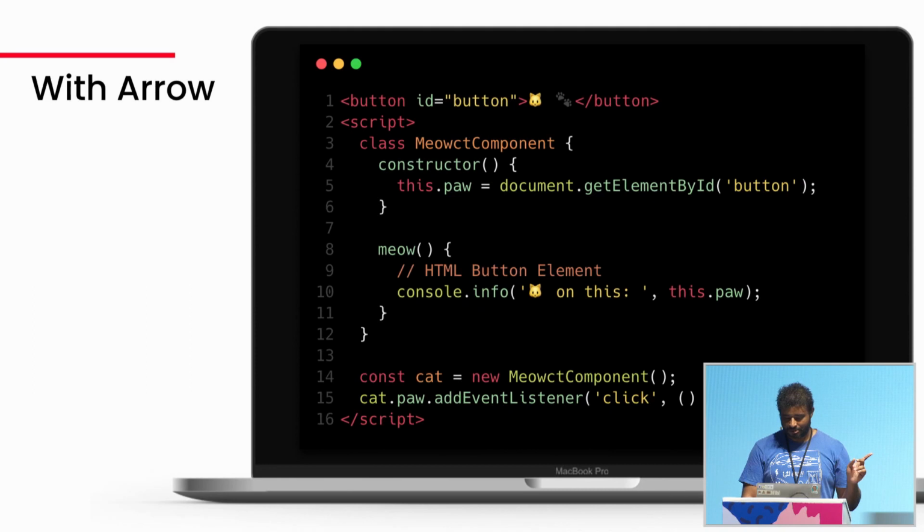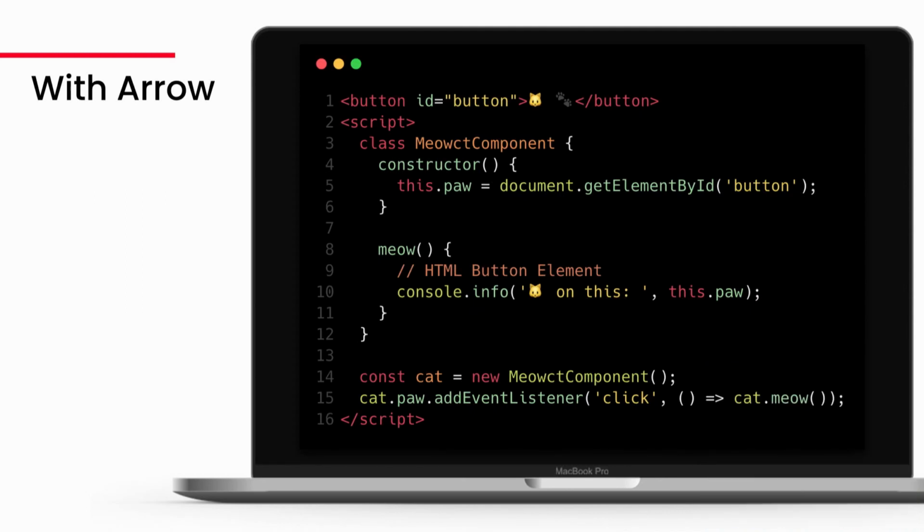And then with arrow function it's similar, but you will see that I don't need to explicitly bind this because it takes the lexical this into consideration. Then you have the button console properly.